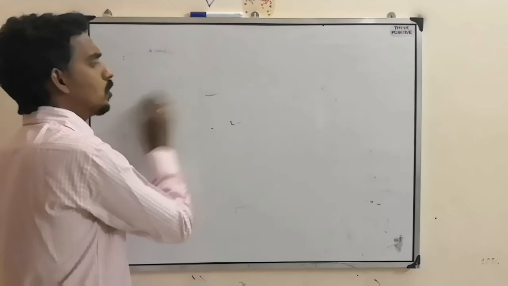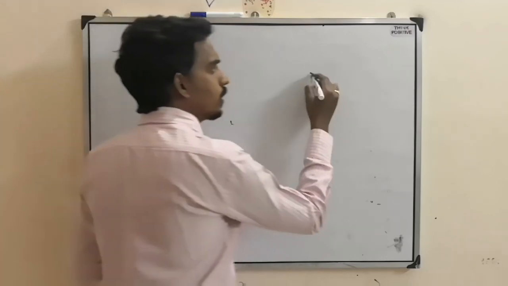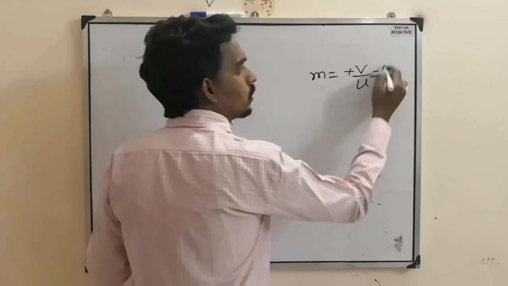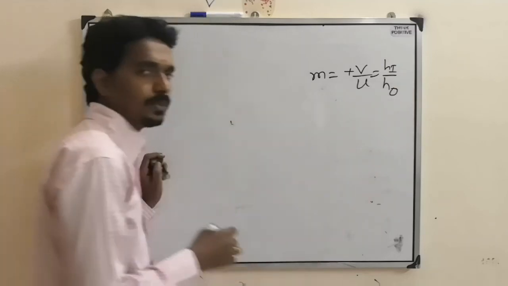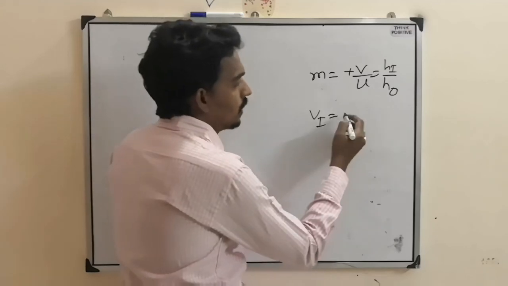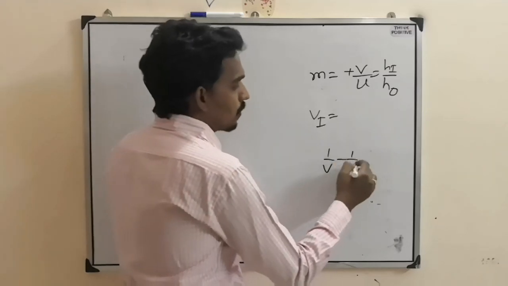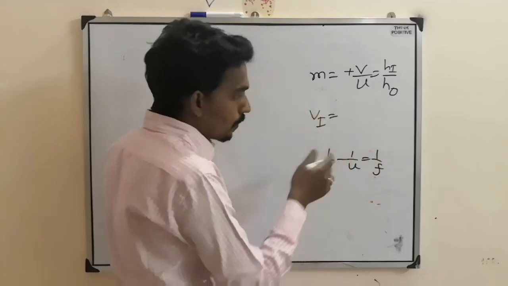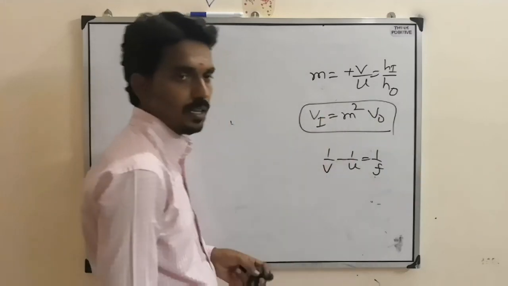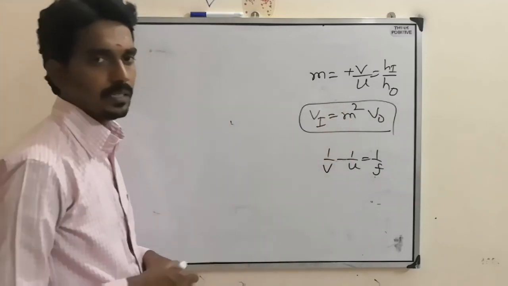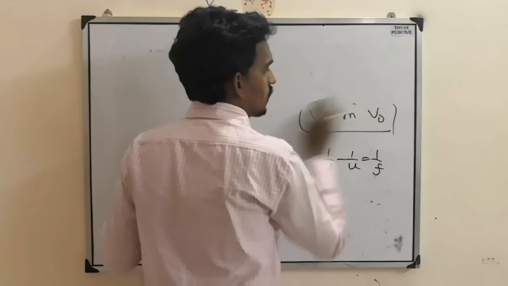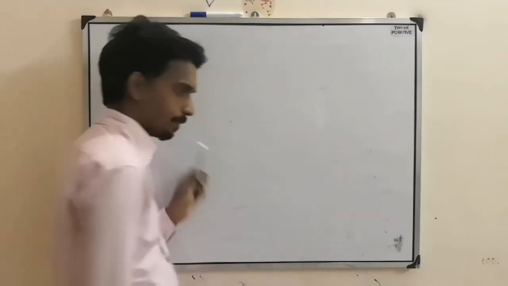And in the case of a lens also, concave or convex, here also the formula for lateral magnification comes. But here the formula is plus V by U, that is height of image by height of object. And same here also, the formula for velocity of image and velocity of object will come. That is 1 by V minus 1 by U equal to 1 by F. If you go for differentiation, velocity of image will become m square into velocity of object, where m is the lateral magnification. So based on this formula also they can give the question: magnification, size of object and image.